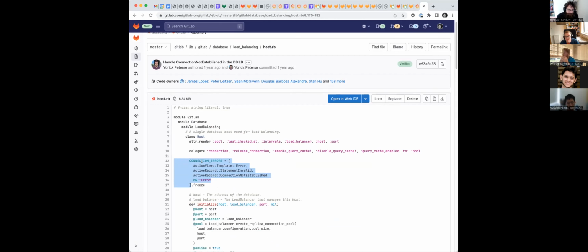the load balancing is not good for discovering what's wrong. We should be much pickier on those. How is an actual view template error a connection error? I don't know. But Andrew just pointed out I should ask Yorick. So my guess is that ActionView::Template::Error wraps the other error, but I think we can use exception.cause to figure out what the actual exception was. We should be very, very careful about